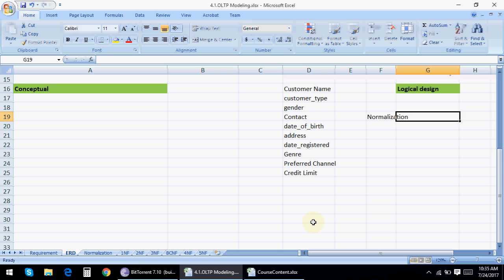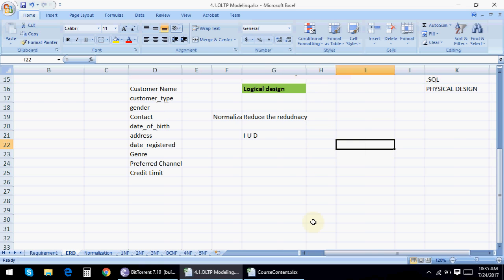The whole purpose of normalization is to reduce the redundancy and to make the complete ecosystem efficient for insert, update and delete. So the OLTP system should work efficiently for insertion, updation and deletion. We spoke about it previously as well in file system databases, where you have file f1 and file f2. So you are maintaining account details in file 1 and general ledger details in file 2.